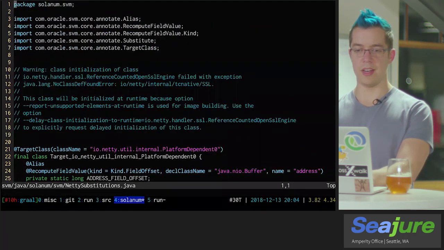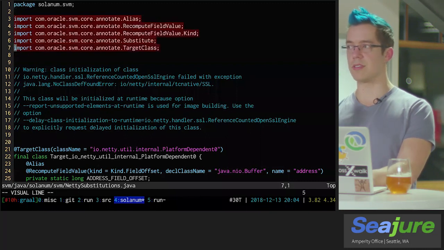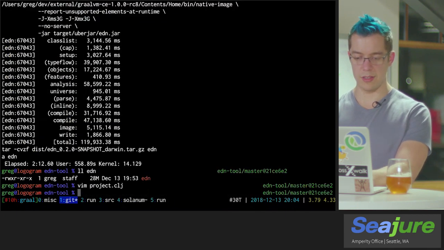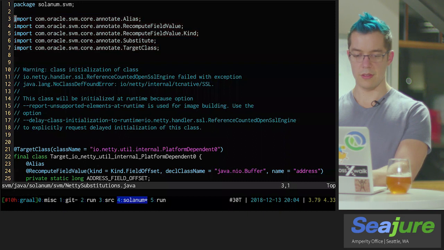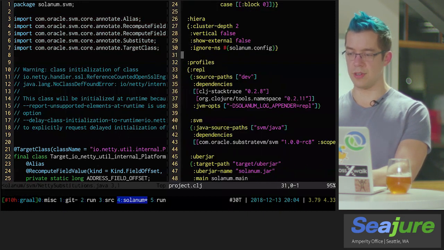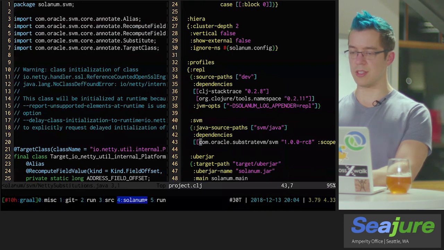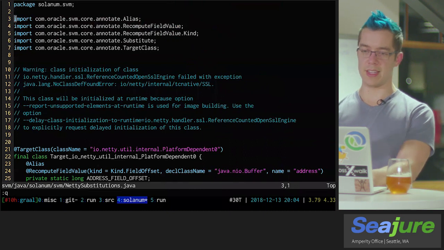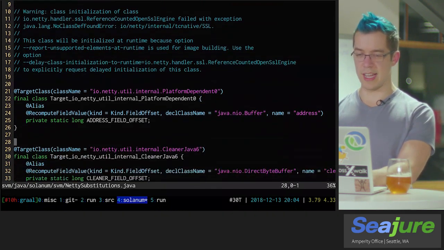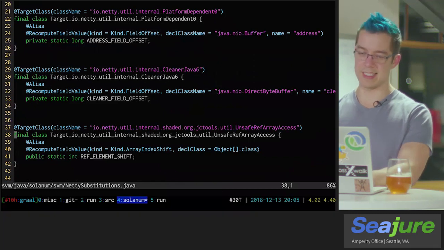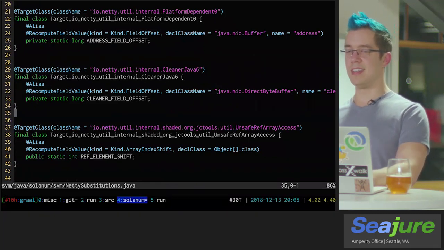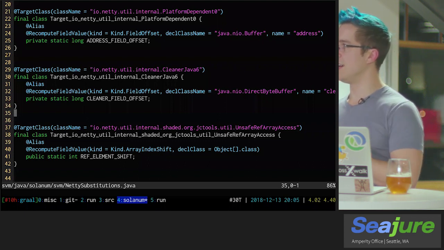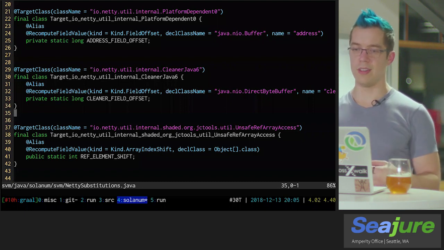So you need to pull in a bunch of stuff from the Substrate VM. This requires a dependency on the Graal package, which is available. Fortunately, they released it on Maven Central, so you can just depend on it the way you normally would some other project. And then that gives you access to these annotations. And we can declare a bunch of classes that look very unlike normal Java classes because we're not actually trying to compile working bytecode for these classes here. They're just really placeholders for us to give Graal some hints about what this code in this third-party library is trying to do.